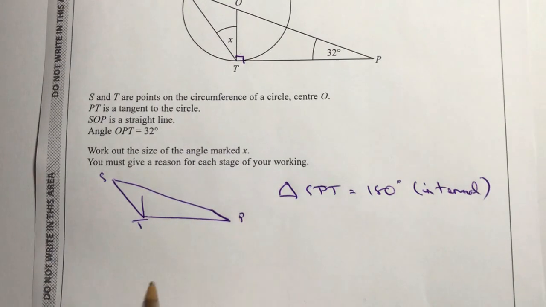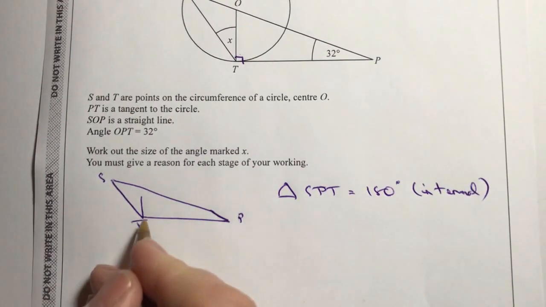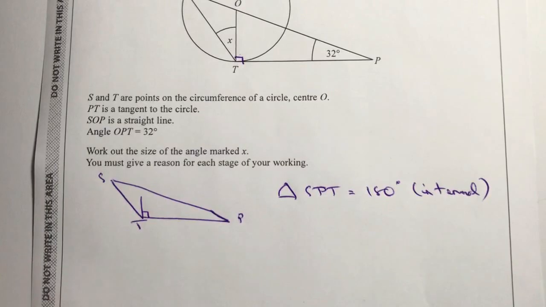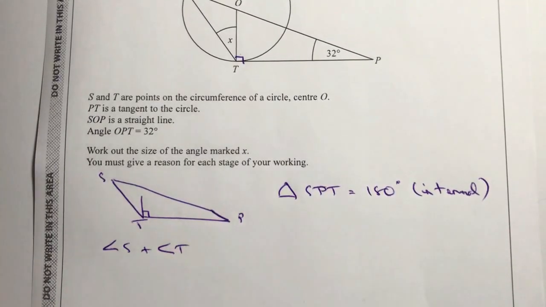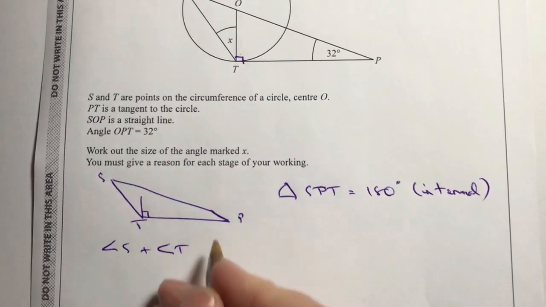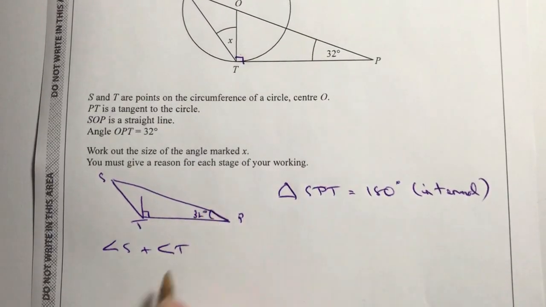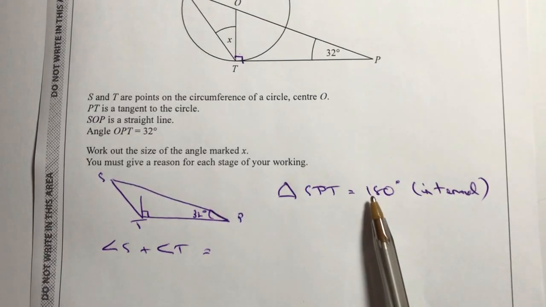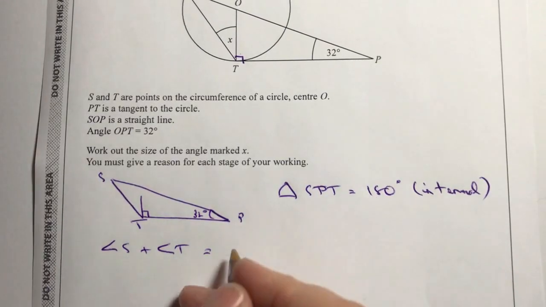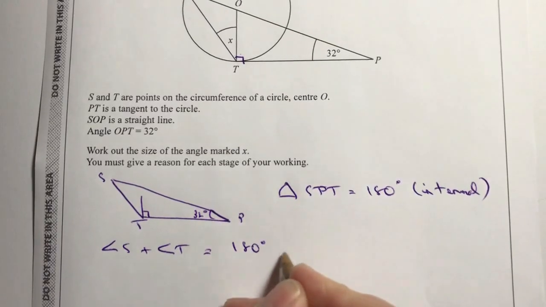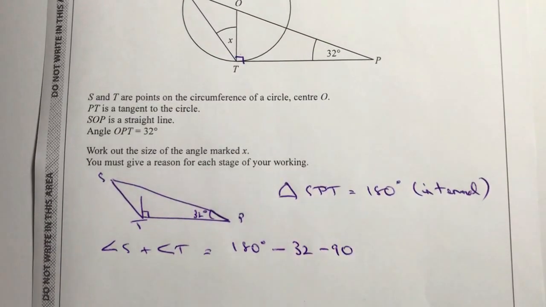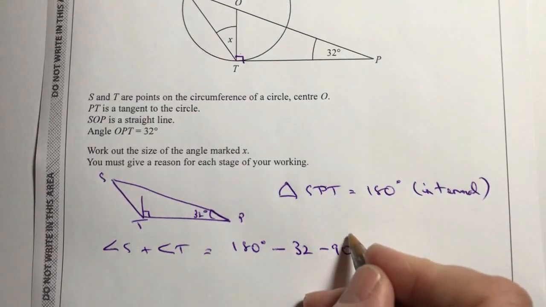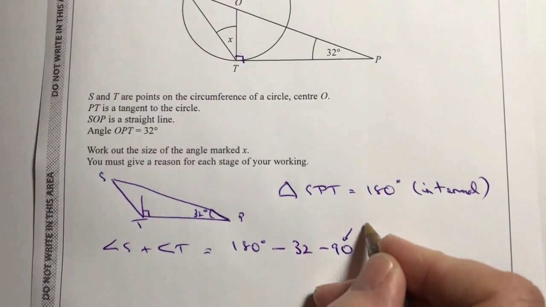If I have a look at what is going on within this particular triangle, if I want to work out angle S plus angle T, I know this bit of it is going to be 32 degrees. So overall, because everything adds up to 180 degrees, I can say 180 degrees minus 32 minus 90, and this 90 is actually angle